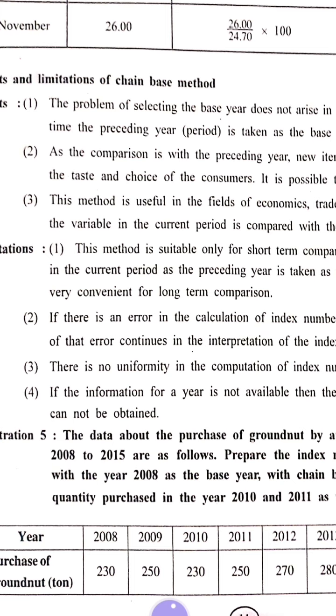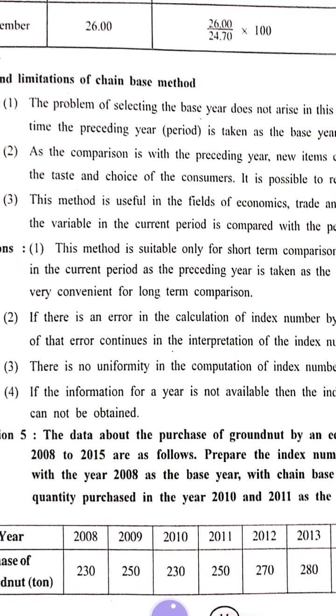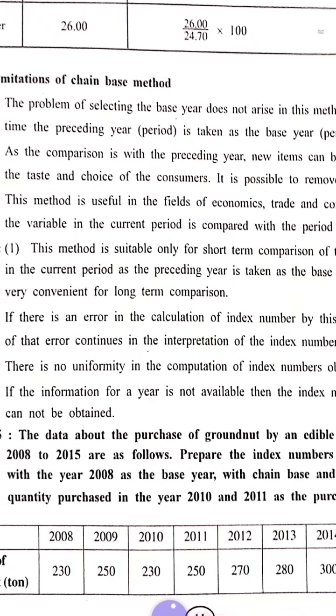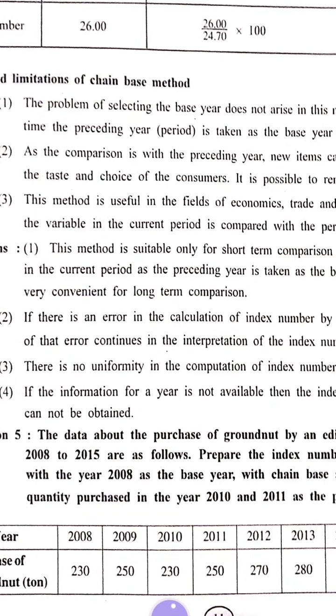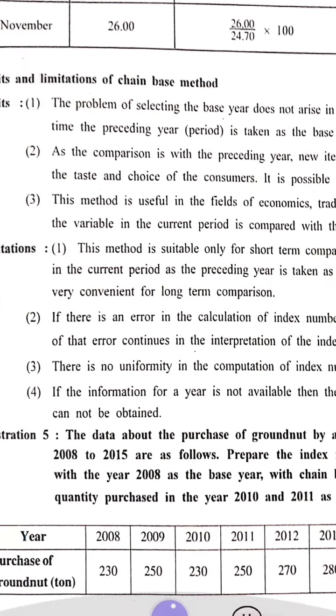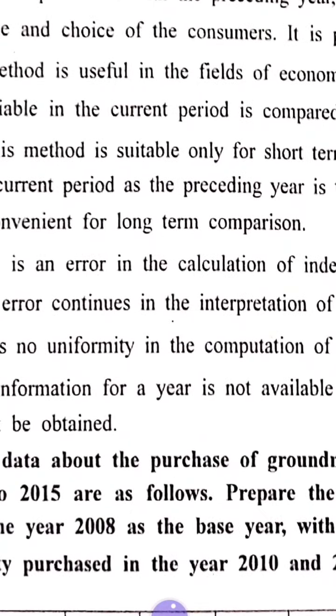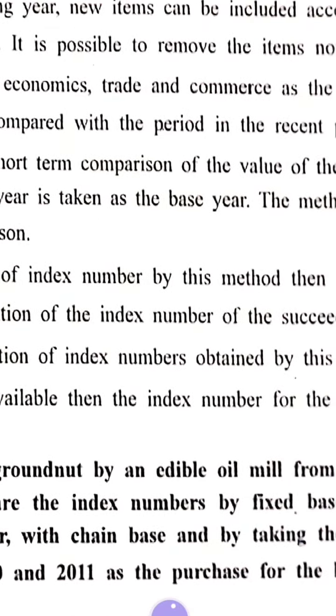If I talk about the fixed base method, over there what happens? The value of the variable in the base year remains the same. The value in the denominator remains the same. So the comparison becomes very much easy, and you would find it is really useful. Why? Because with the same year you are comparing the prices of the different years. But over here, what is the problem? Your prices of the base year always keep on changing, right? And that's why you would find that uniformity in the computation cannot be maintained in finding out the index number, right?